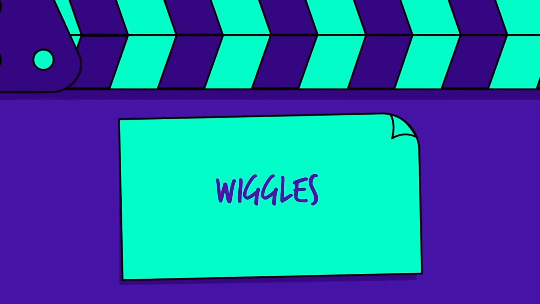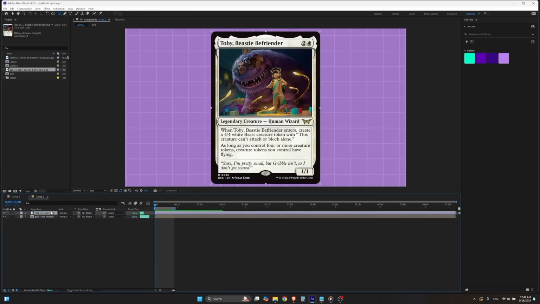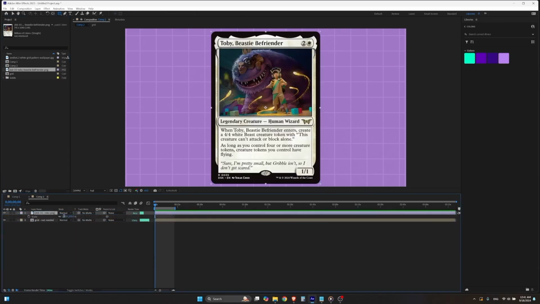Wiggles are another expression-based tool. They can be applied to pretty much any property, but for this, I'll use the position and rotation properties. Wiggles modify a value by adding or subtracting from a set value by a random amount within a given range. It continues to change the value repeatedly at a frequency of your choosing. It'll make sense when you see it in action, so let's drop a card onto the composition and add a